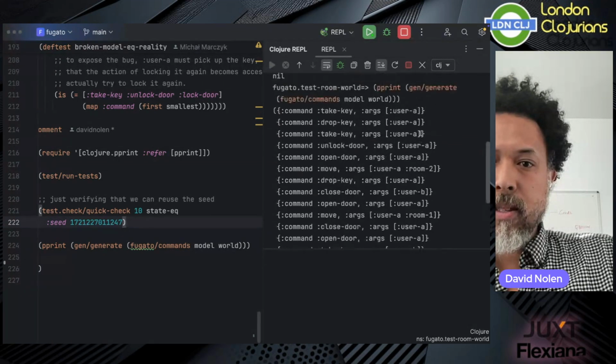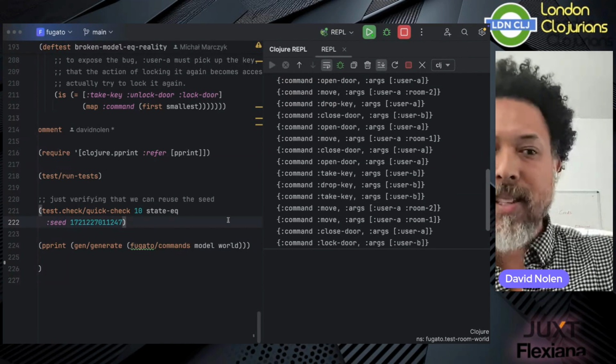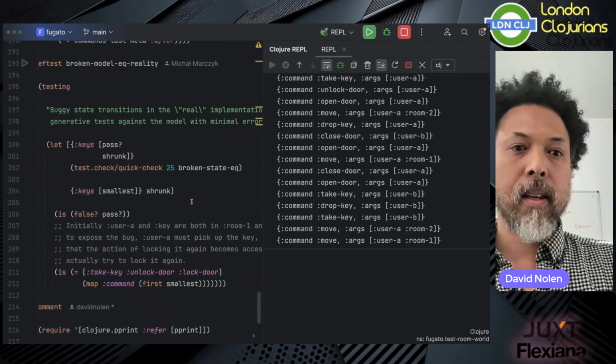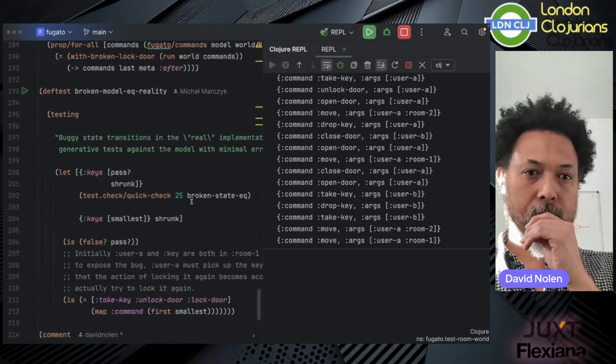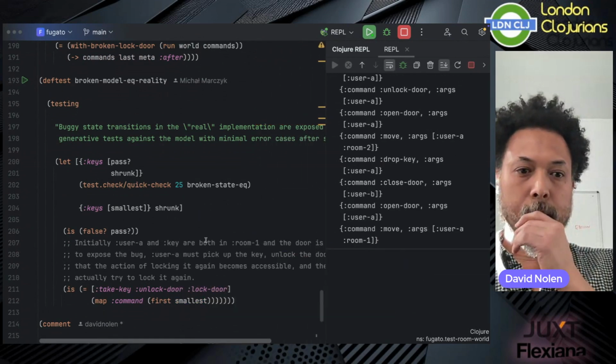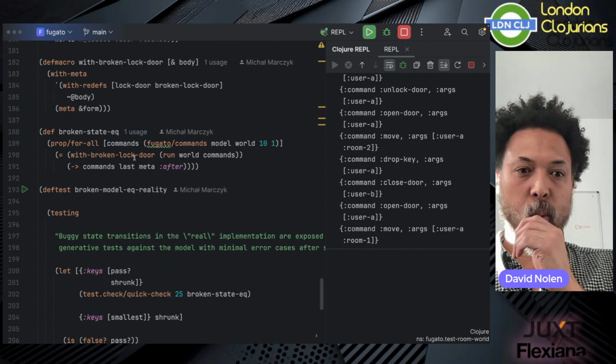But hopefully you get a sense of how nice it is that the commands we're generating from the world can drive the actual thing. Here we have a simpler bug, where we're going to break